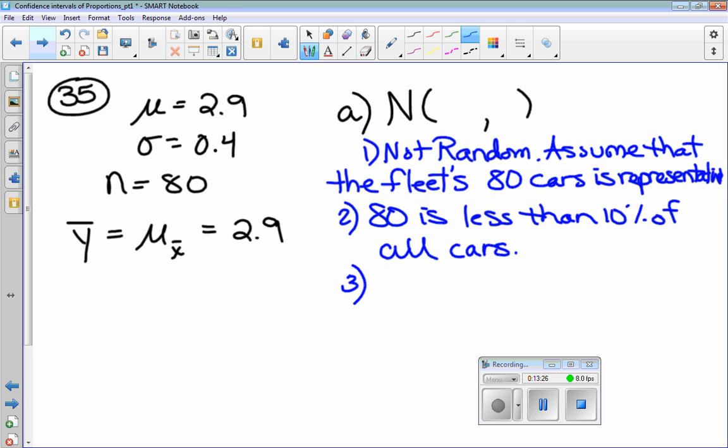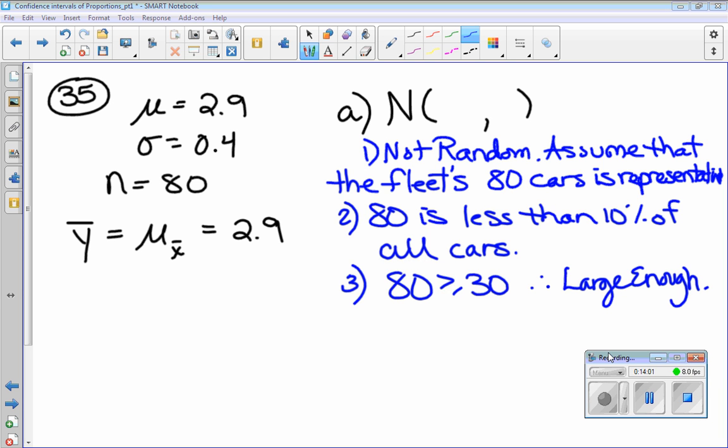Okay. And then our third condition, well, it depends on if we're talking about means or proportions, right? And so we're not talking about proportions in this case because we're talking about average carbon monoxide emissions. So we're actually going to be looking at the sample size, and is it large enough? Is 80 bigger than or equal to 30? Yeah, right? So therefore, it's large enough. Okay, so our conditions have been met,